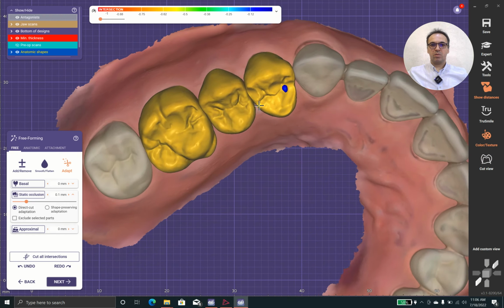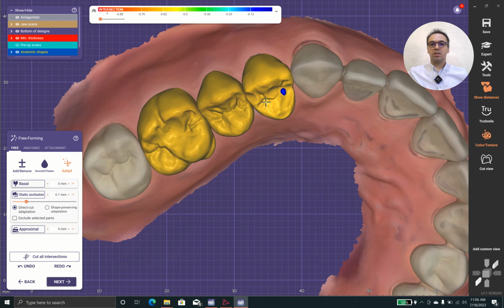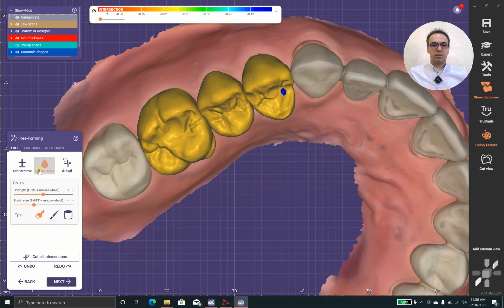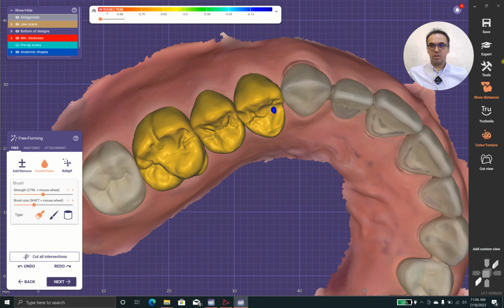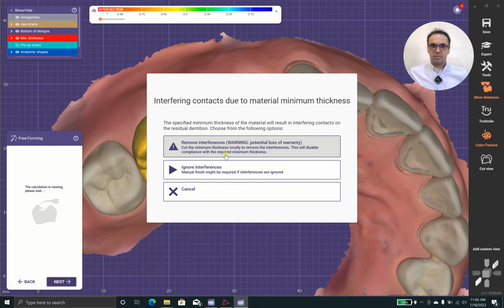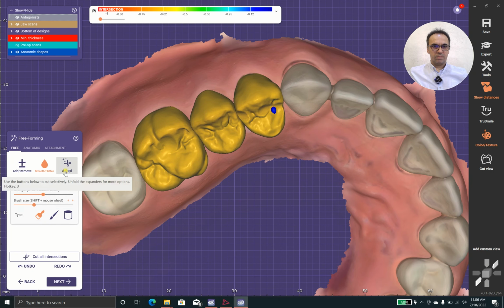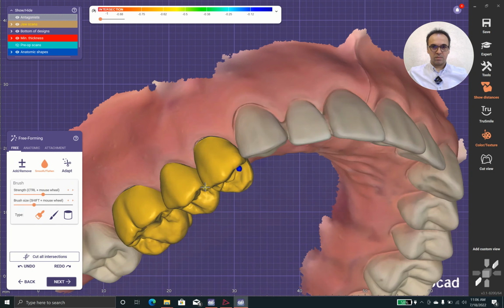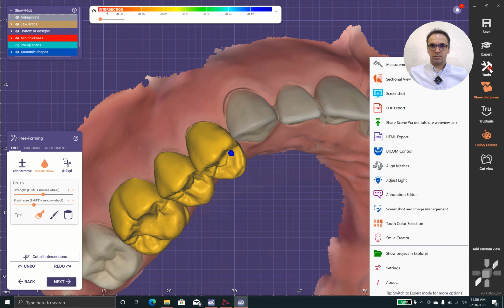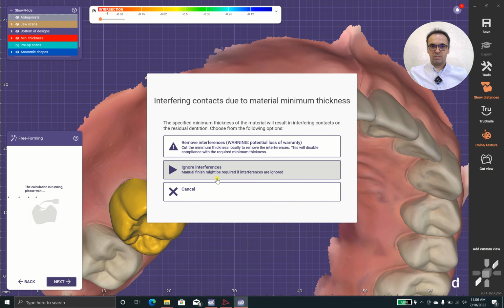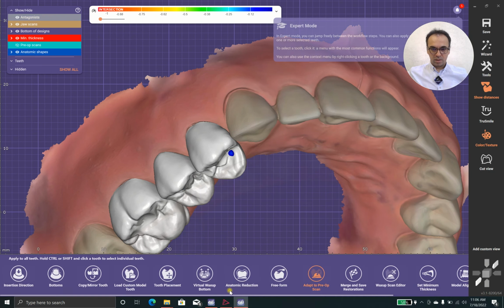Okay, in case that you don't have any problem with the minimal thickness, you can leave it alone. But in case that you are not happy with that, you can go to expert. I ignore interferences, and over